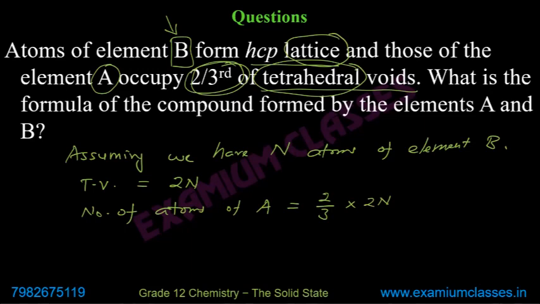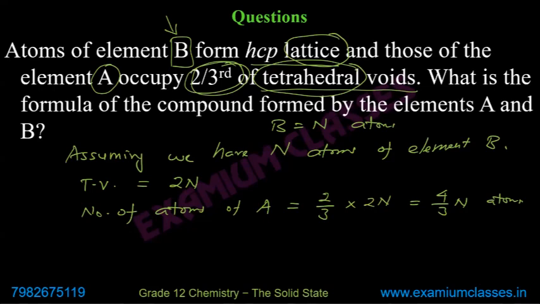If any point is not clear, just let me know. Okay. So it means B, you have n atoms. A, you have 4/3 n atoms. Calculate the ratio, A is to B. That will be the formula. Many students have given me the answer. Ashi, okay, correct. Suhani, correct. Now, a few wrong answers are there. And just see why wrong answers are there.